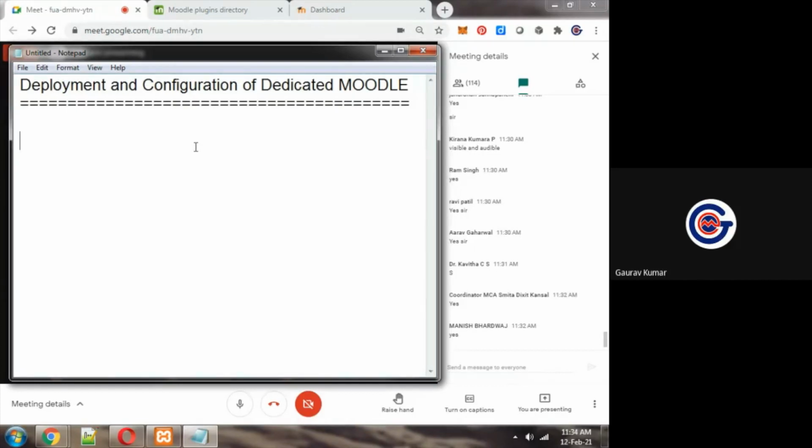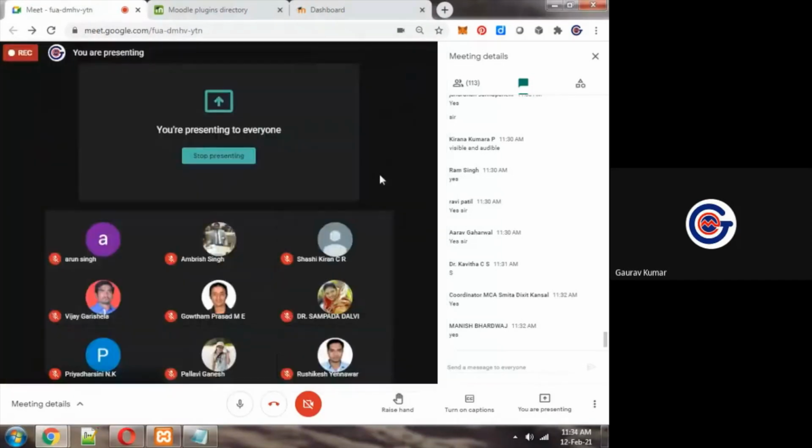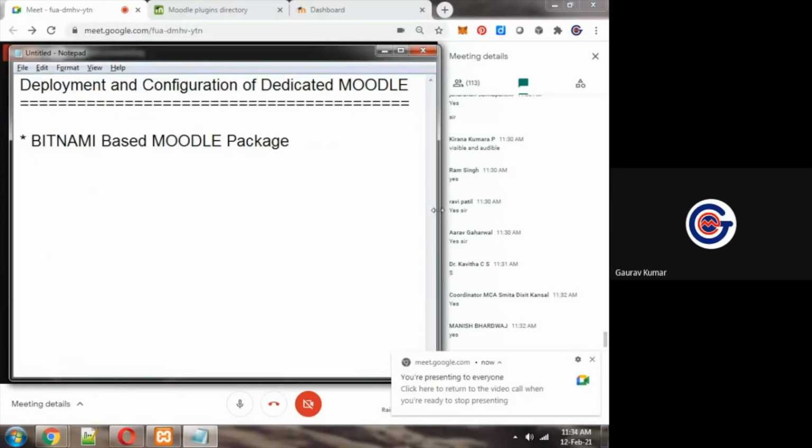For that, how to configure it, how to customize it, we use the Bitnami-based deployment-based Moodle package. In the previous session, if you remember, we have covered it. I showed you one link. I will again share that link in today's presentation, in today's study material.